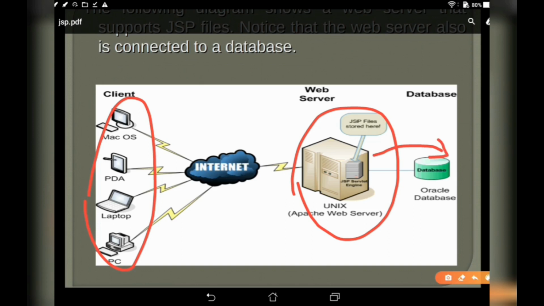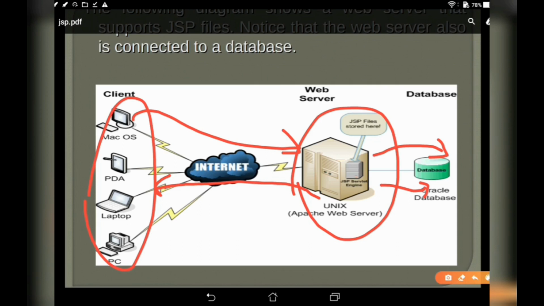The user gives a request to the server via the internet, and then the server gets the data from the database server and gives the response to the user via the internet according to the user's request.